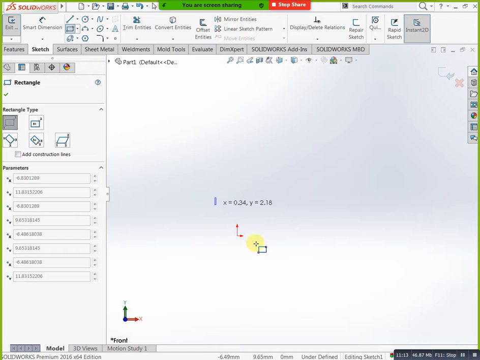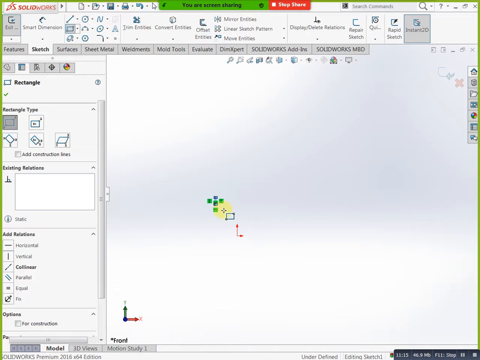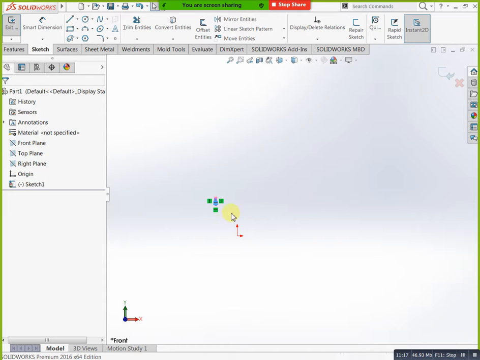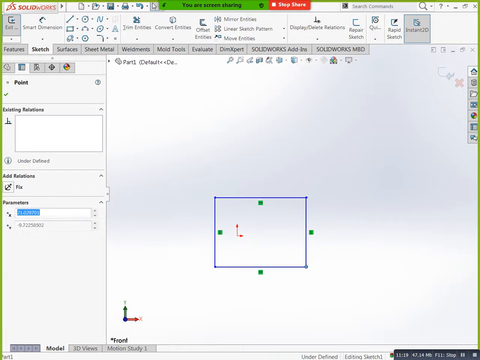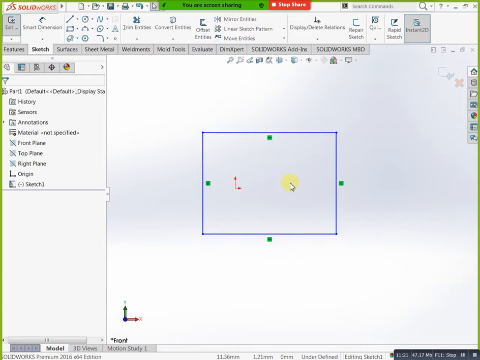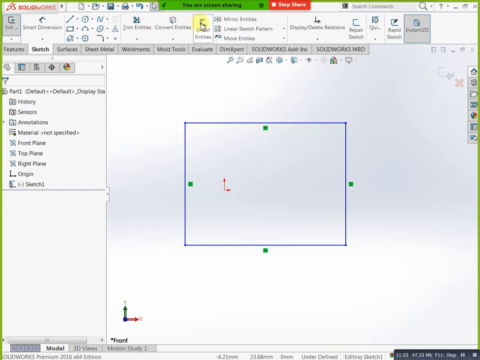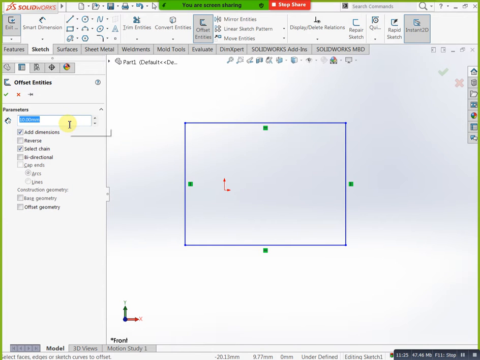Here we have offset entities. Just specify your offset, how much you need, 5, 10, 11, 12. That is your requirement, you mention that much. For example, I need 5, you can specify, or 2, 1.